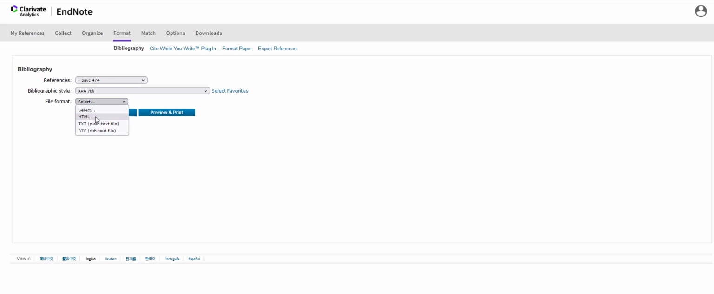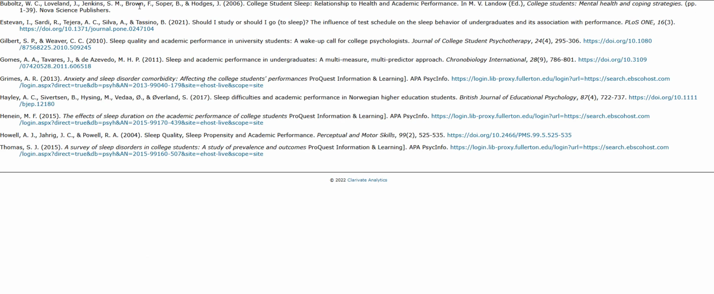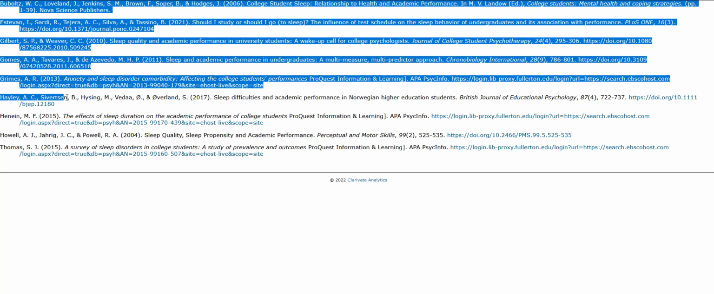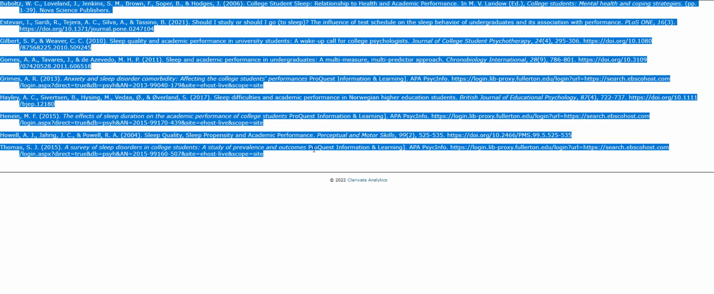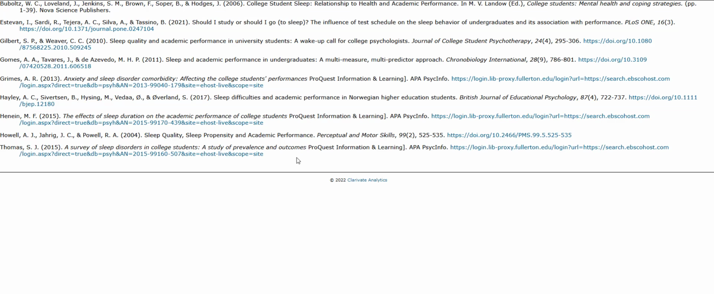From here, we can select an output file format. It doesn't really matter, these are basically just text files. You can either save it or email it, but what I usually do is just click on the preview and print. You're going to get a pop-up window, and it gives you all of those citations that you just exported from PsycInfo into EndNote Web, and we were able to generate this references list. Notice everything is in alphabetical order,